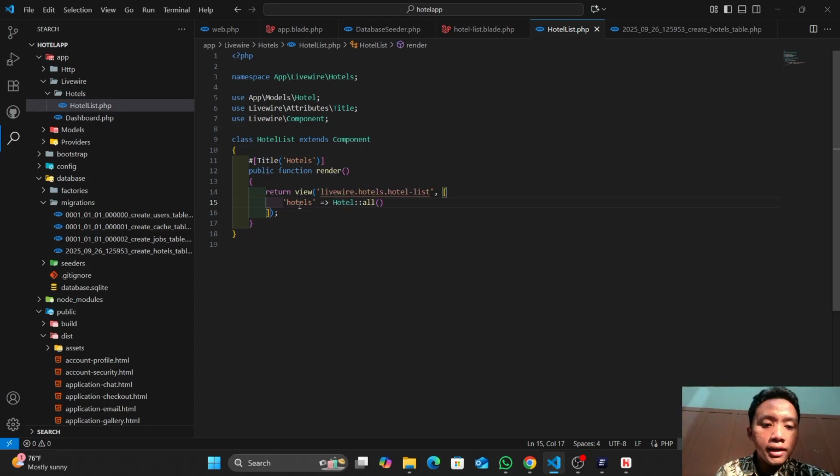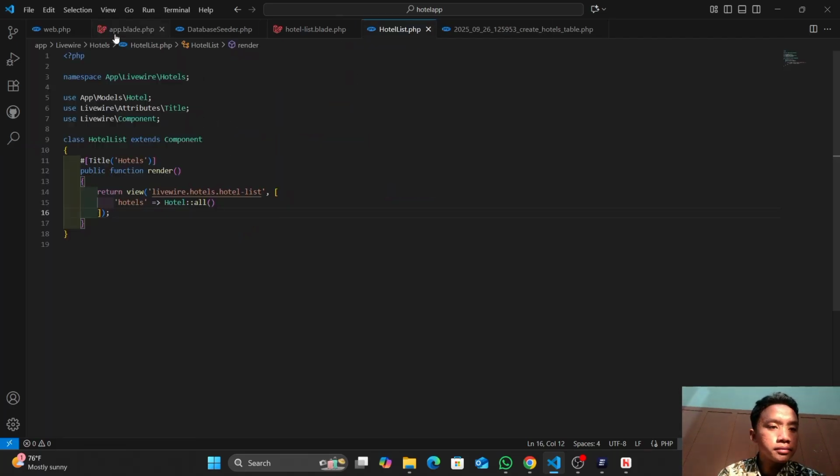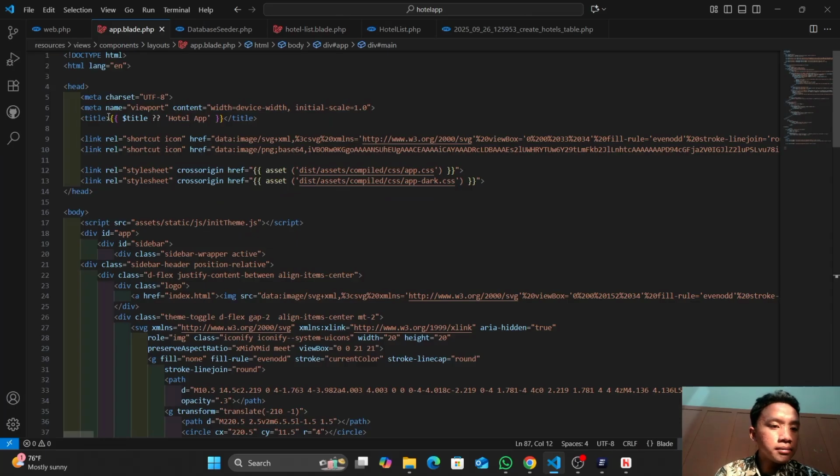Yes. So after that, what's more? After that, what's more? So we just define anything inside the view or the layout of the view, right?